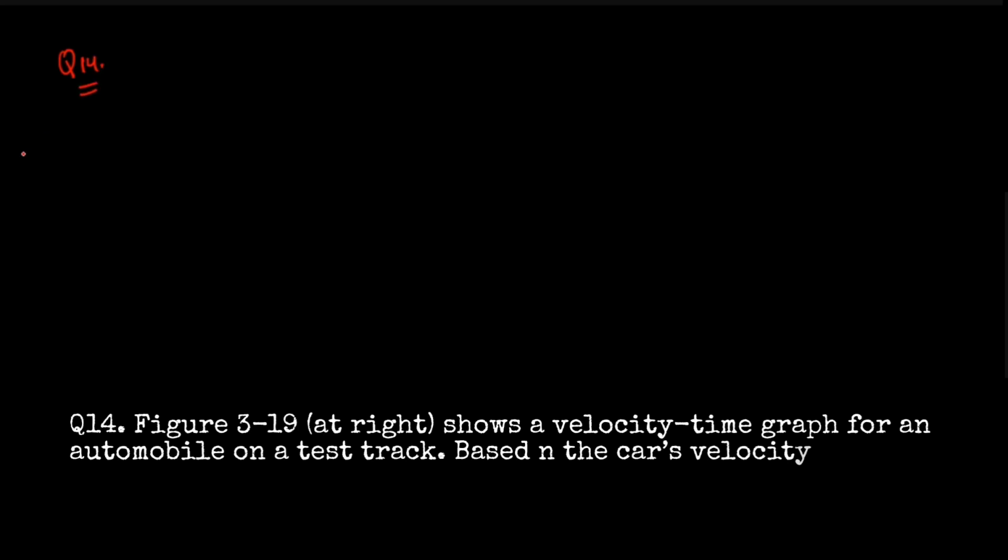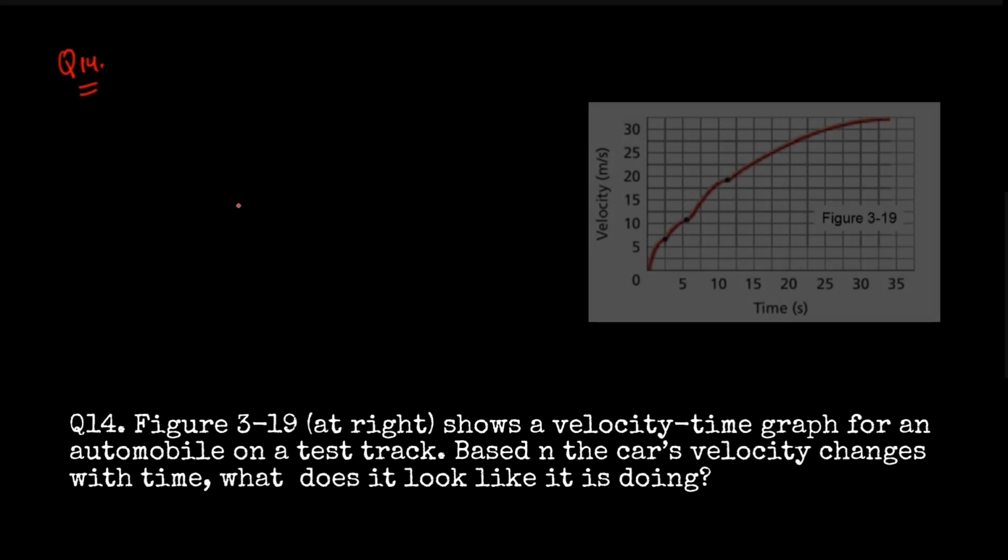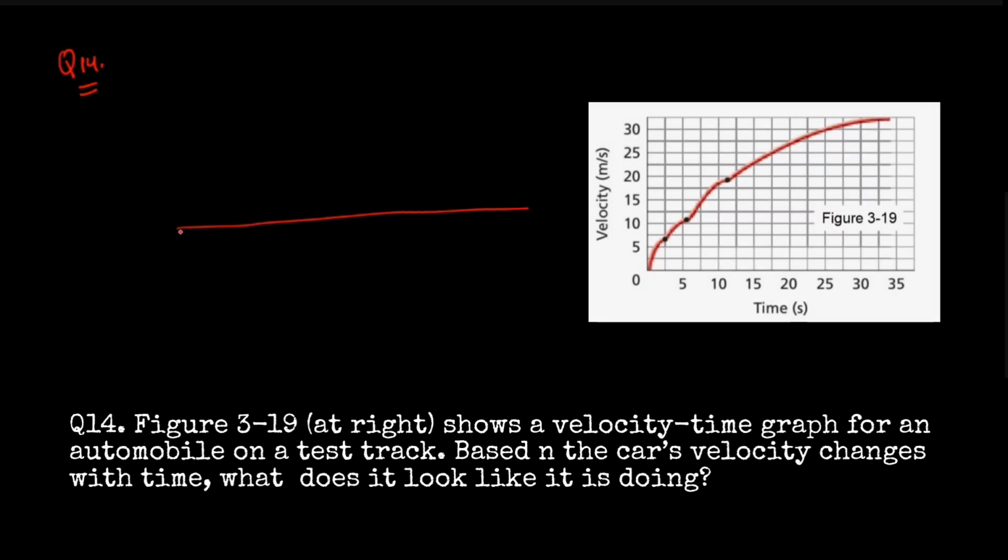So it's quite difficult to draw it here, but I'll try to explain. The time axis is given as 0, 5, 10. Let me just take it till here only. Whereas this is the velocity, it is 5, 10, 15,